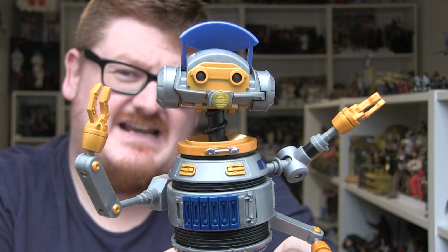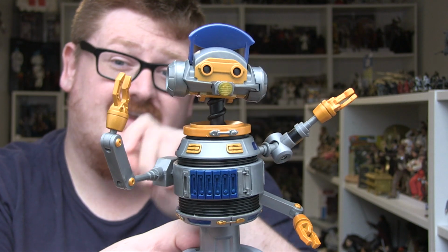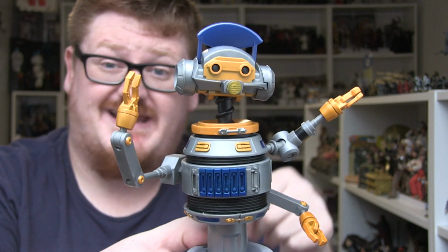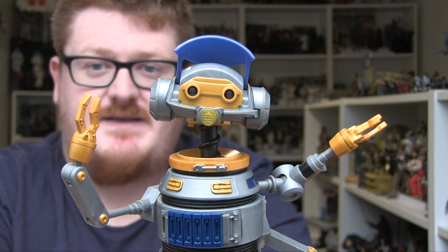So that's just really, really cool that they've been able to obtain the original sound files and put it in this figure, and likewise with the Star Speeder if you're lucky enough to get your hands on it. So if we just press that button again,